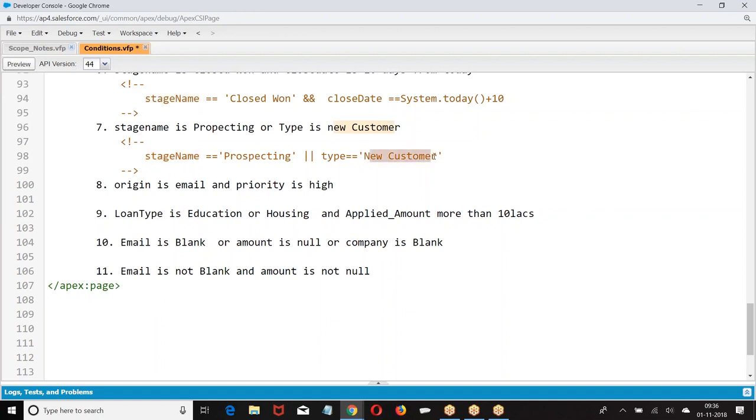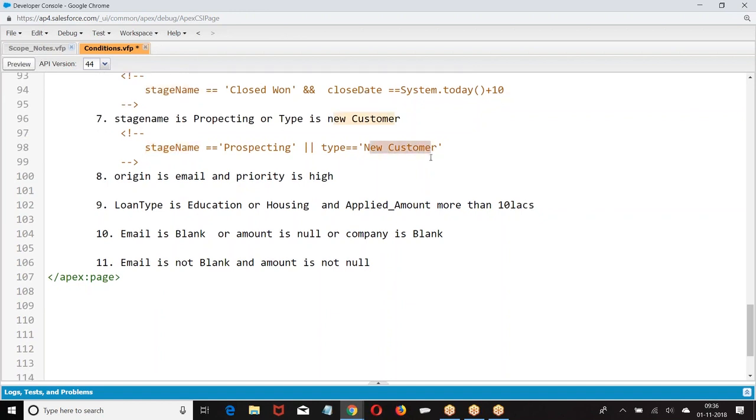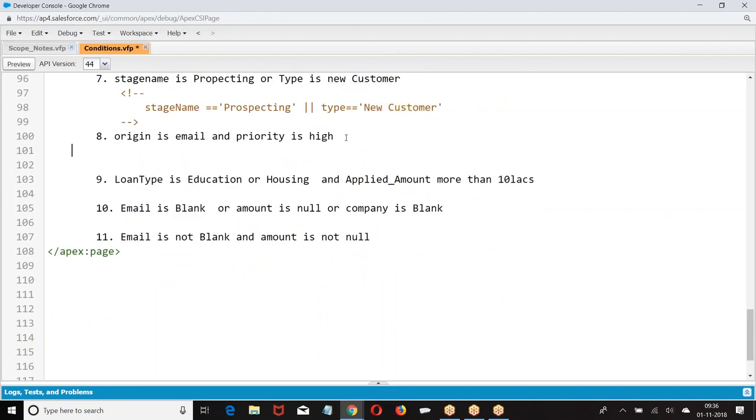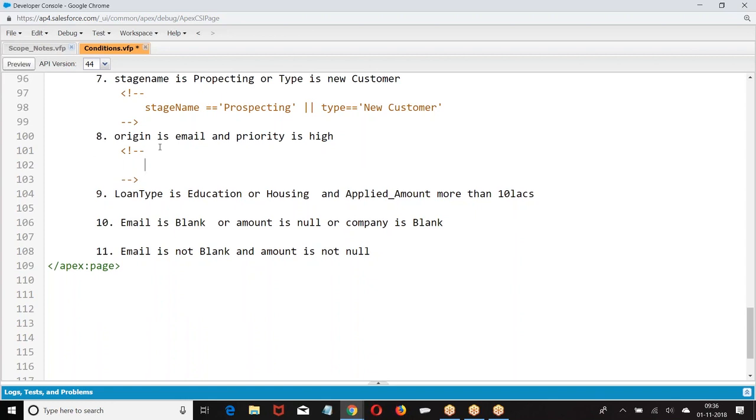New customer is a constant value. Origin is email. Priority equal to high.